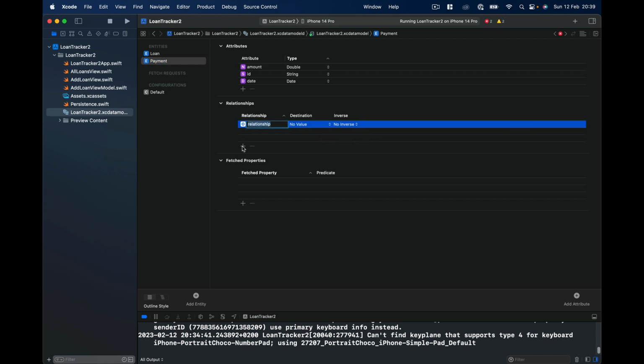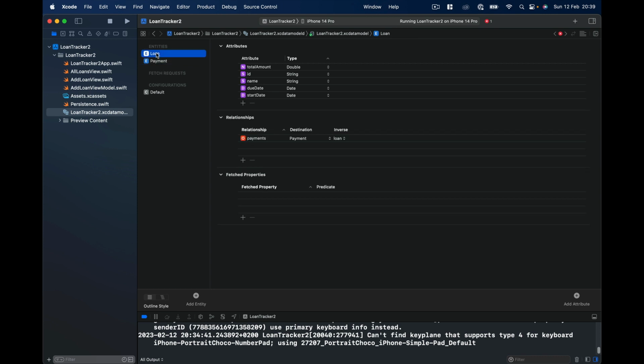So let's go back to our payment and create a relationship. And this is going to be loan, single, because each payment can belong to only one loan. And this destination will be loan. And now I can click on inverse and see the payments. So our loan now automatically has the inverse, which is payment, all the payments, and it's linked